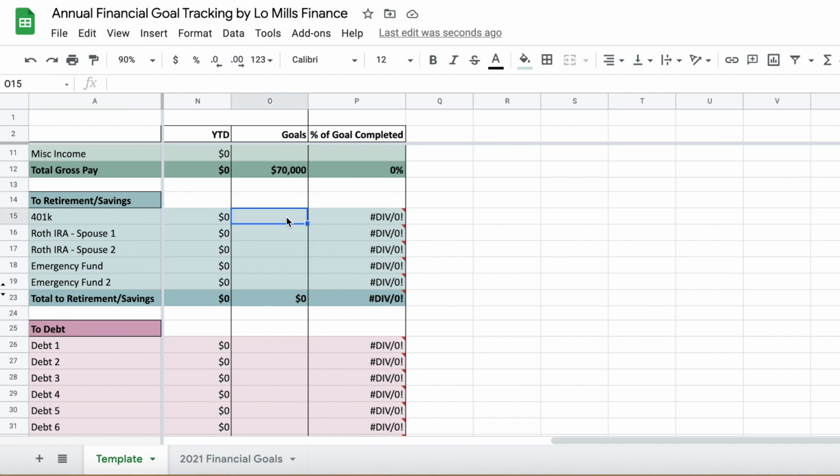For the 401k, the family's goal is to contribute $4,000. For the Roth IRA, they want to contribute $1,500 to each of their Roths. And then for the emergency fund, they've decided they want to increase their emergency fund, and this is in a checking account buffer in emergency fund 2, they want to increase that checking account buffer by $300. So now we're at